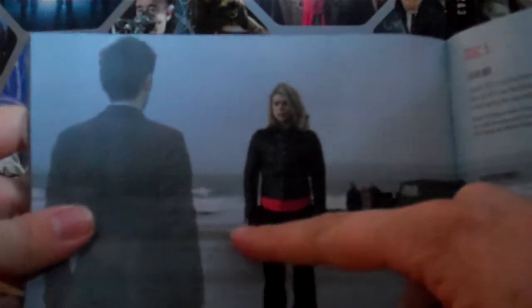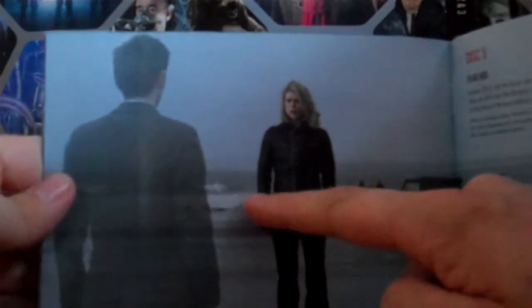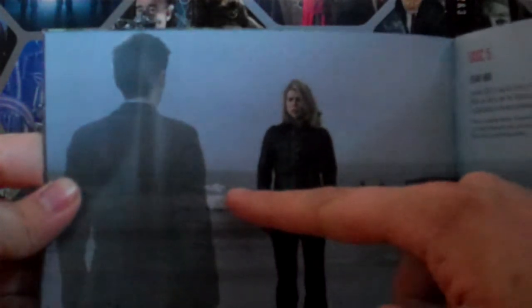That is the most overrated scene in Doctor Who history. It should not have been voted the best scene in sci-fi history, because there are tons and tons of moments in sci-fi history that are better than that scene. Even if you did like it, you can't deny there's loads better. Sorry, just...